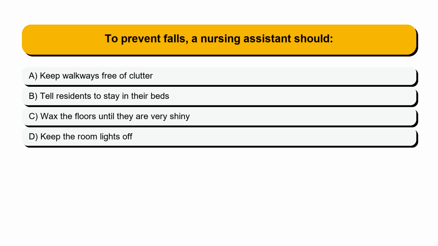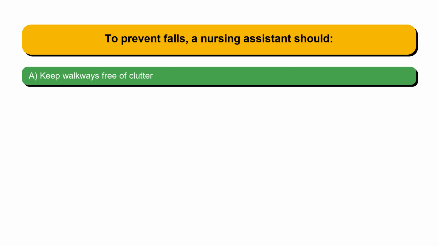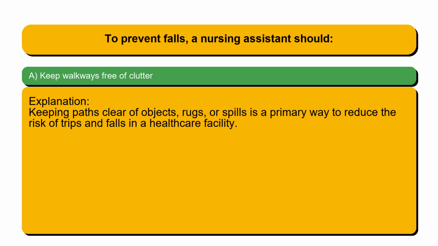Question 62. To prevent falls, a nursing assistant should: Option A. Keep walkways free of clutter. Option B. Tell residents to stay in their beds. Option C. Wax the floors until they are very shiny. Option D. Keep the room lights off. The correct answer is option A. Keep walkways free of clutter. Keeping paths clear of objects, rugs, or spills is a primary way to reduce the risk of trips and falls